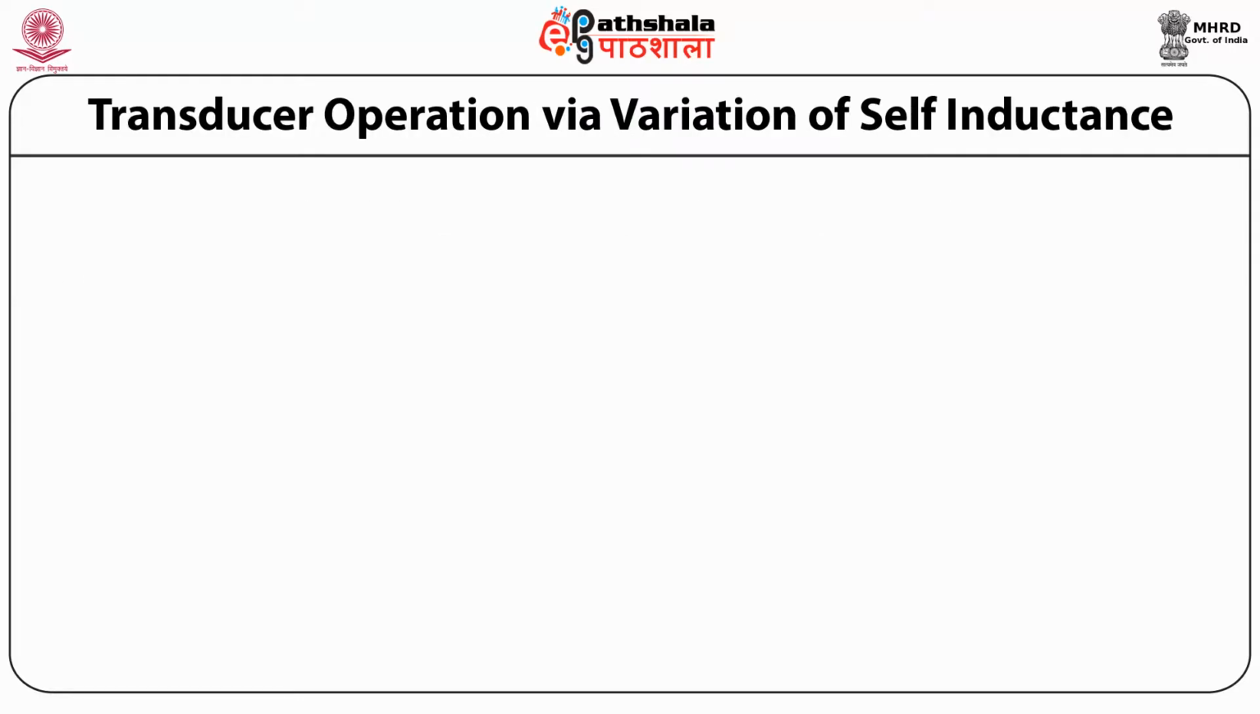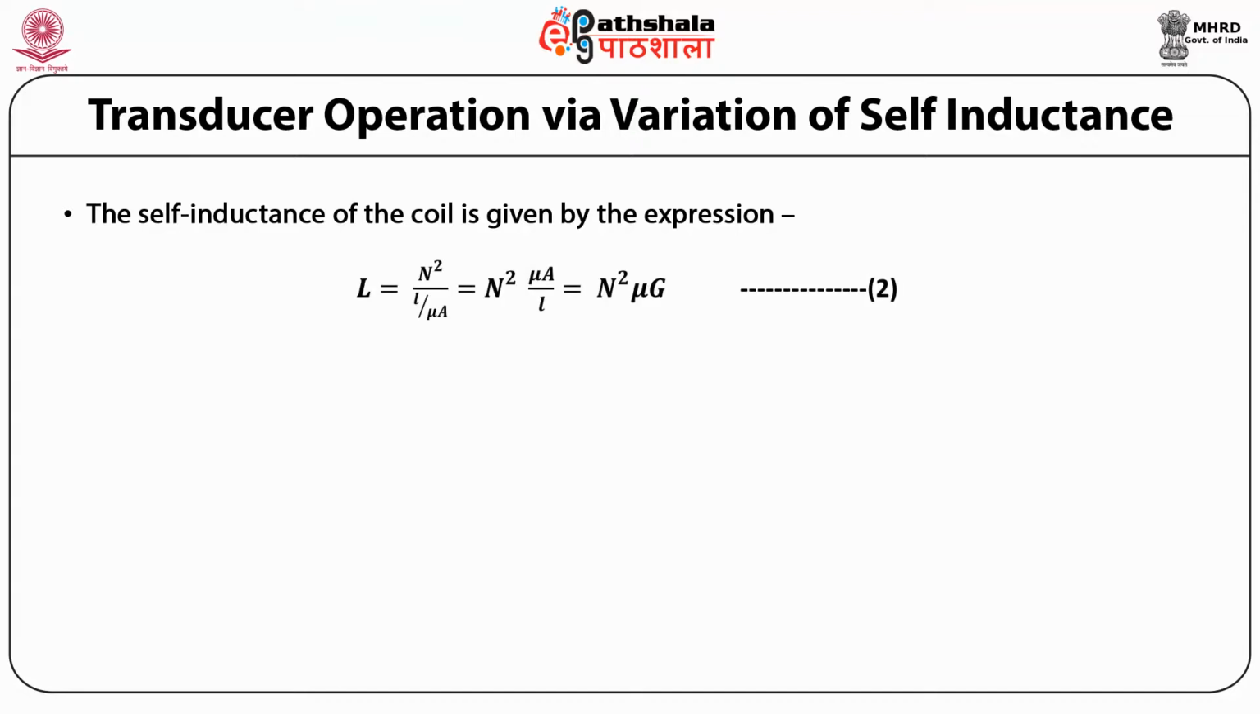Transducer operation via variation of self-inductance. Self-inductance of the coil is given by the expression L is equal to N squared divided by small l divided by mu A, which is equal to N squared into mu A divided by small l, which is equal to N squared mu G. This is equation 2,